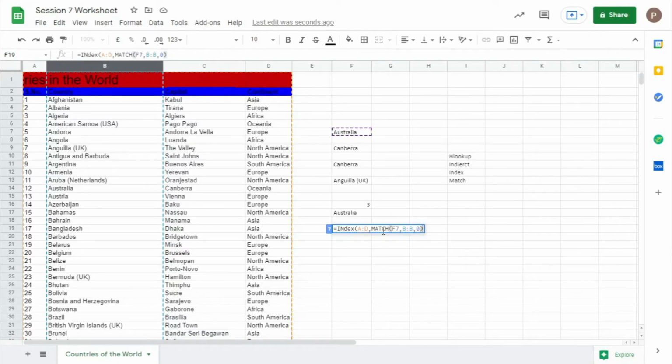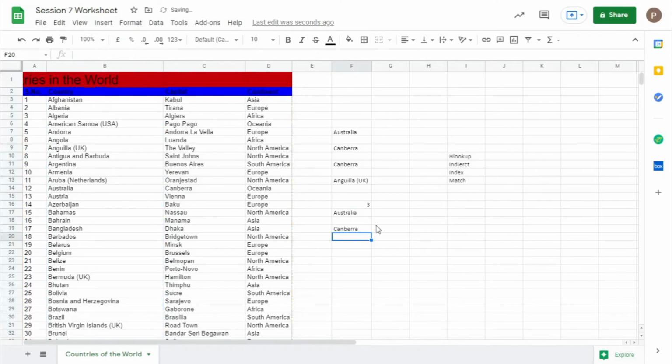Here the match function gives you the row you want to find. Press comma, and next, which is the column you want. Since for the index function we have selected A to D, we should not make the same mistake we made for VLOOKUP. In VLOOKUP we start from country and search for capital, so it will be second. For index it's not like that, it's starting from A to D. So if you want C, then it is 3, and you can find Canberra.